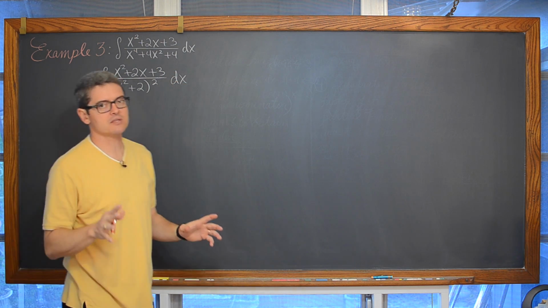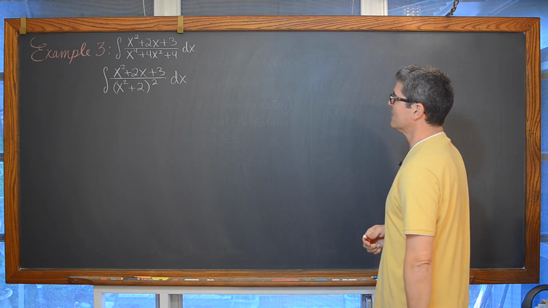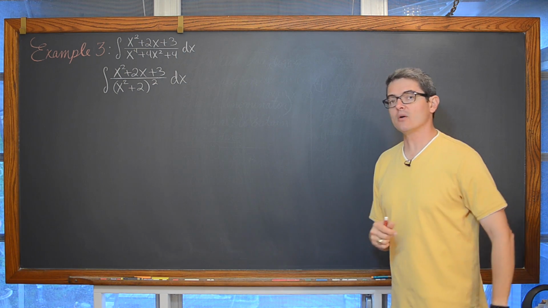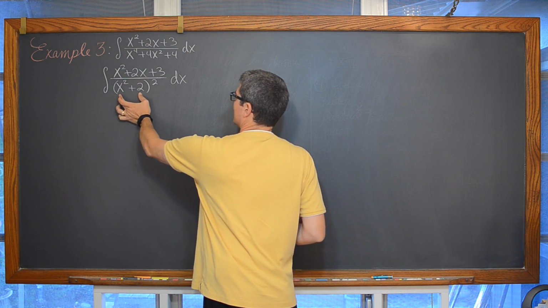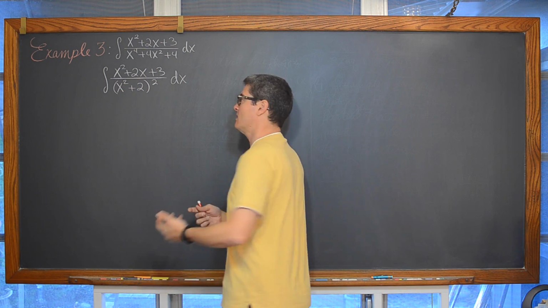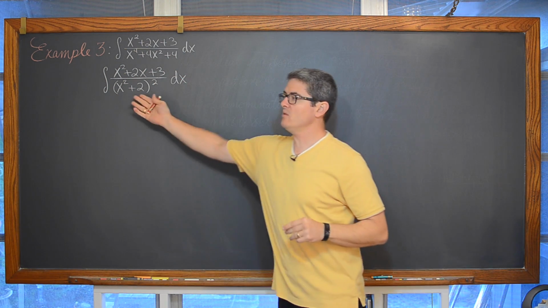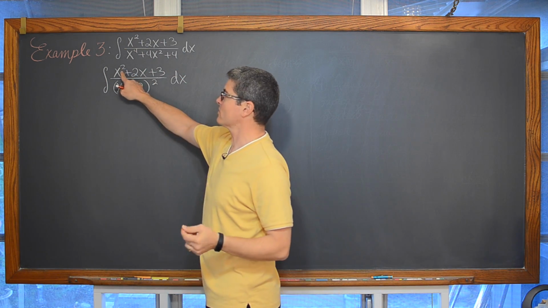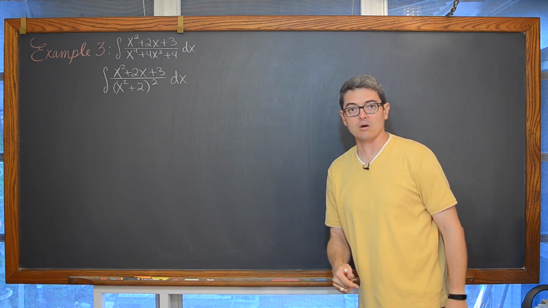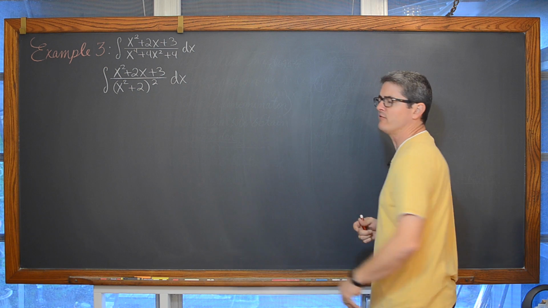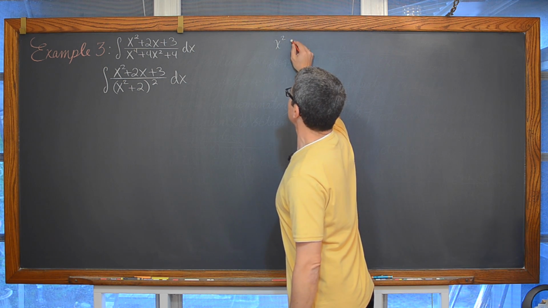Awesome. And we're not going to fit this entire problem on the board all at once, so we'll have to pause and clean the chalkboard up as we go. So we have a function inside the power of 2, and you might say, well, maybe u is equal to x squared plus 2, but then du is equal to x, a single degree function, and we have a second degree in the numerator, and of course it just is not going to work. So let's do some partial fraction decomposition.